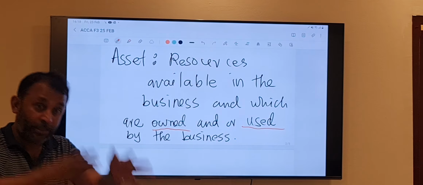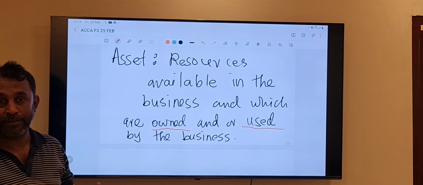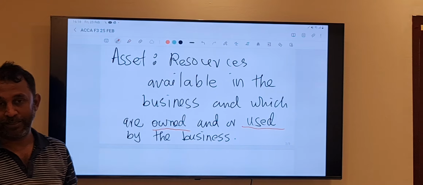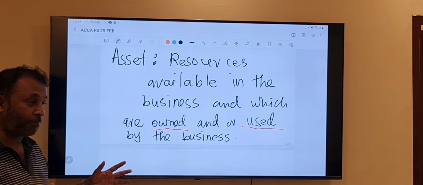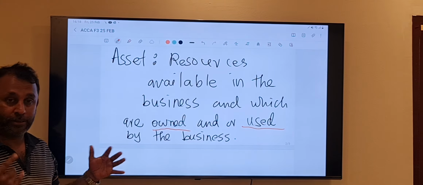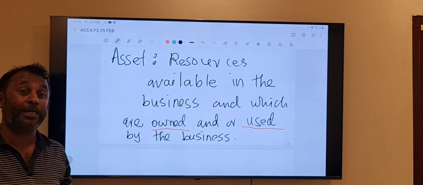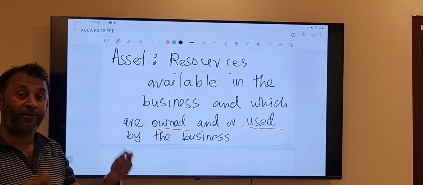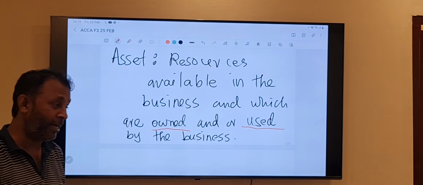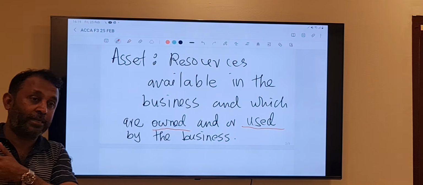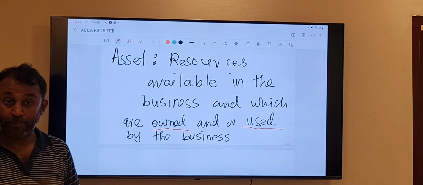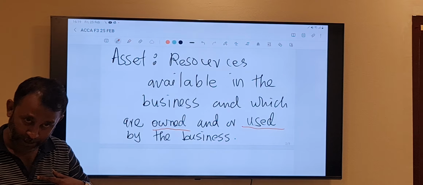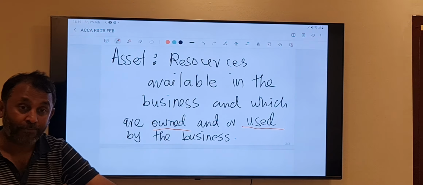This business may not be the owner of that asset, but they are using it for the purpose of running the business. Let's say that business has purchased a plant. This plant is purchased on lease from a leasing company. So the company didn't pay full money outright. They are paying an installment for the next 10 years, 5 years, like that. But now, the company is using the machine. So the machine is sitting in our premises, we are using it, we are getting the benefit.